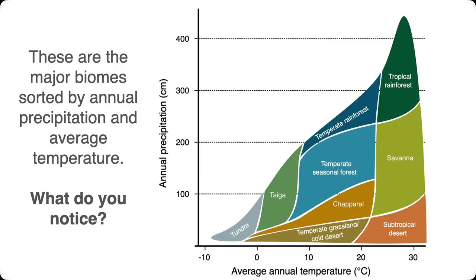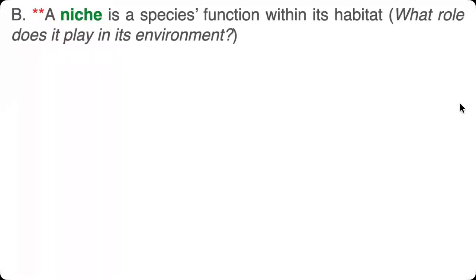So what do you notice? Obviously, tundra has the least amount of precipitation and also is the coldest. The one that has the most is tropical rainforest. It's the warmest and it also has the most rain, or the most precipitation, right? We in Southern California are right here in this chaparral area, or Mediterranean vegetation is the other word we use to describe it. You can pause this, take a look at it, label it, and make sure that you color code it to some degree. All right,